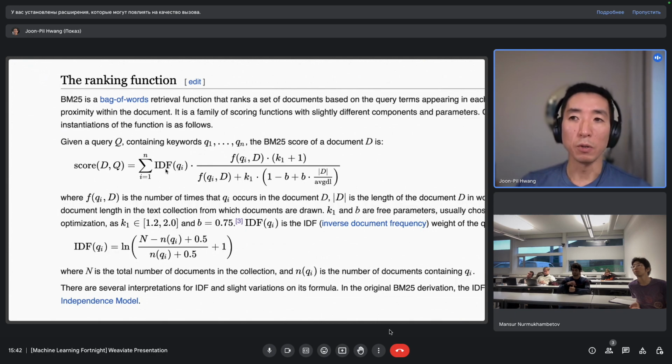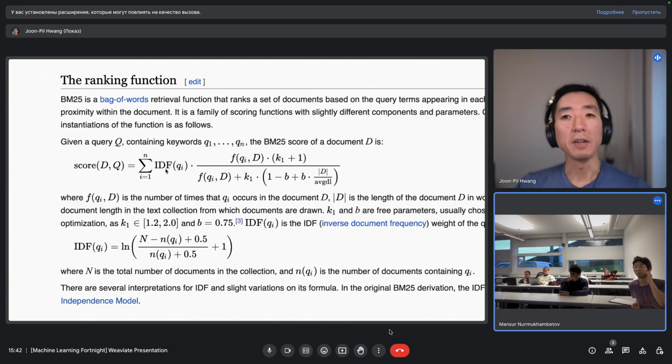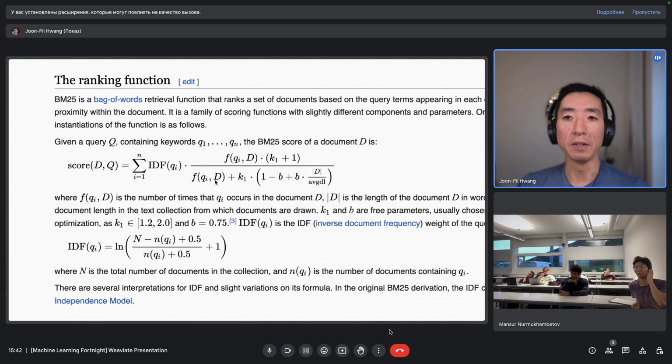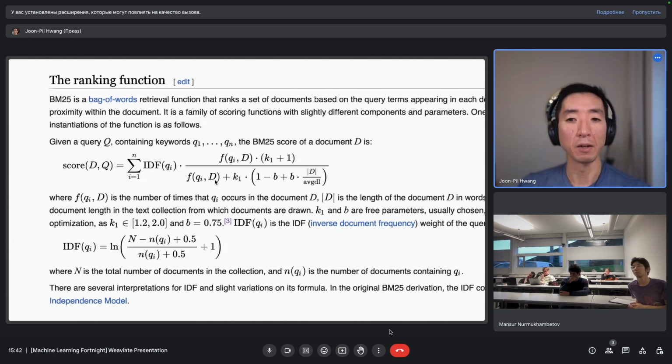Then what you're going to do is perform what's called a TF-IDF search. That stands for term frequency, which is how often that particular term you're looking for appears, and inverse document frequency. You can think of that intuitively as how often it is supposed to appear, right? So that kind of normalizes how often that term appears.